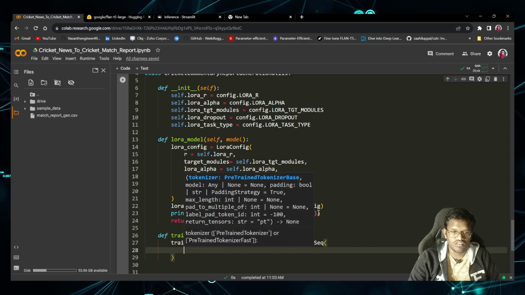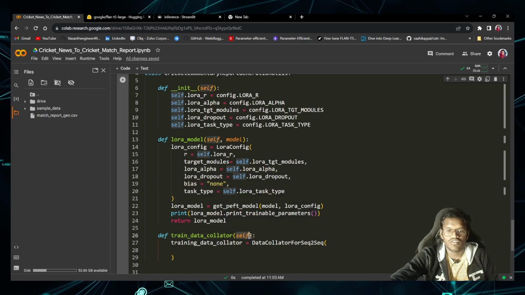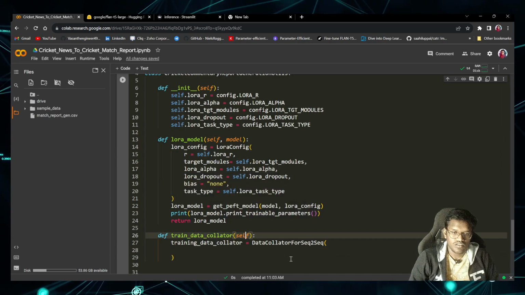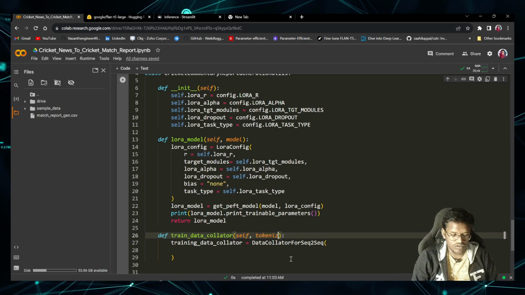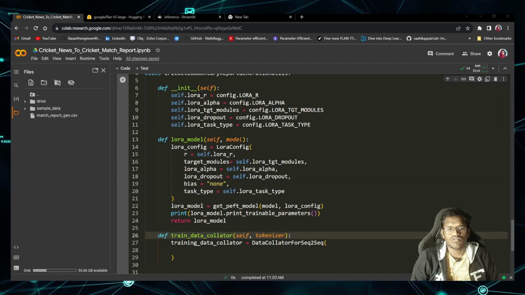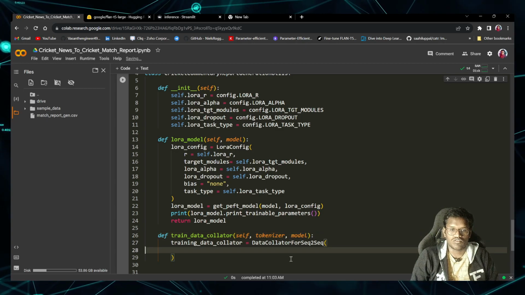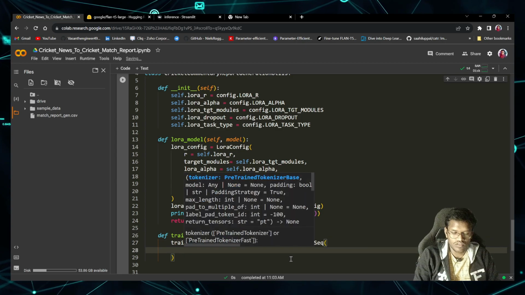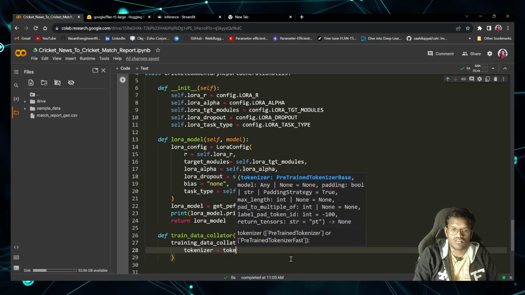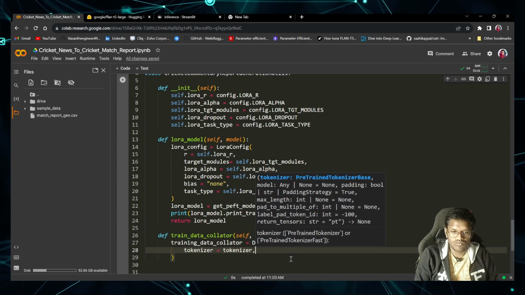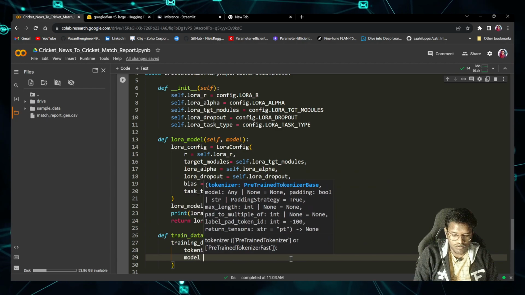We'll need the tokenizer, so we'll pass this from there itself, because rather than instantiating here, it is better to call from there. I guess we'll also need the model, so we'll have those here. Tokenizer is equal to tokenizer, model equal to model,